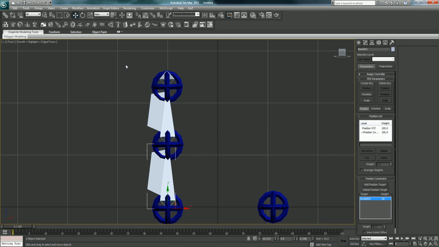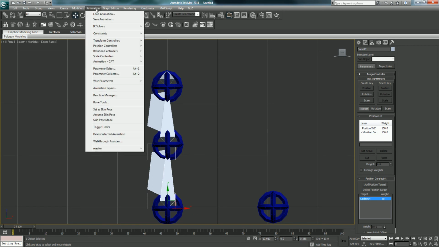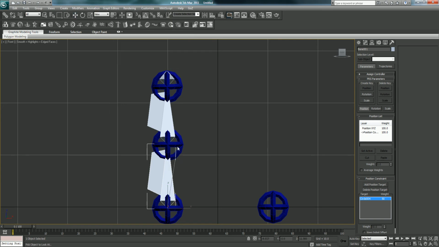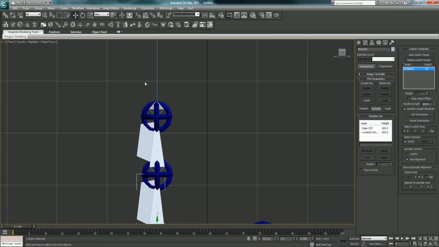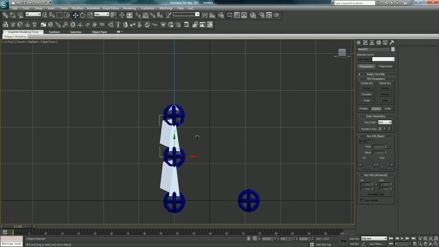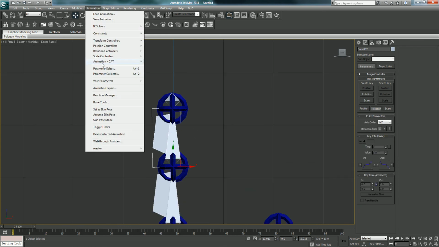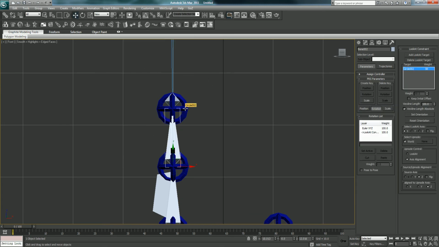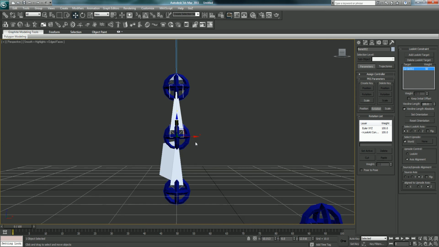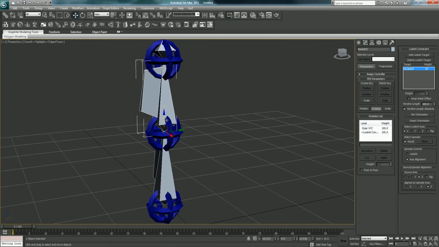Now let's do our look at constraints. Select your bottom bone, Animation, Constraints, Look at Constraint, and we want to look at this middle control object. Okay, and you'll see it creates our view line. Select the next bone, go Animation, Constraints, Look at Constraint. And you'll see that it adjusted the rotation,